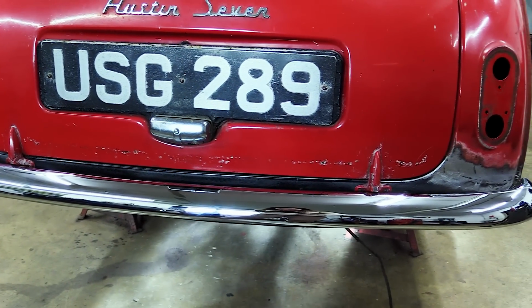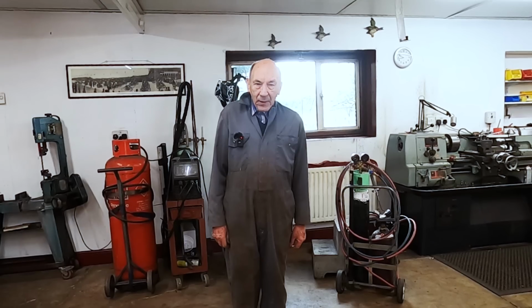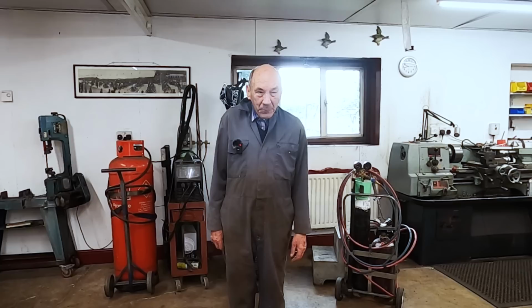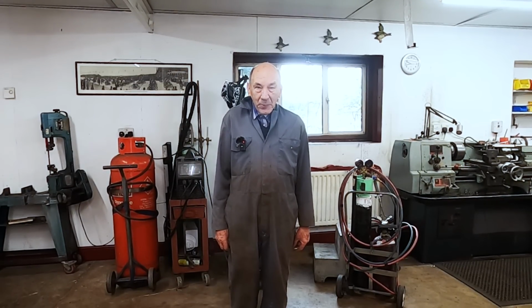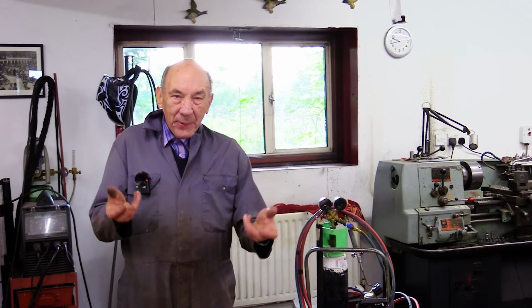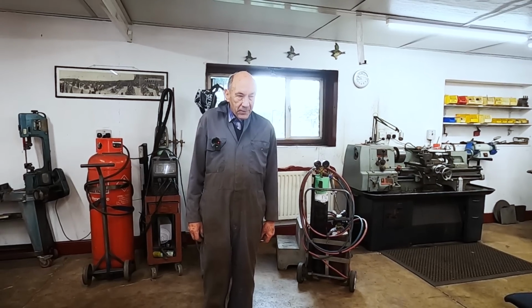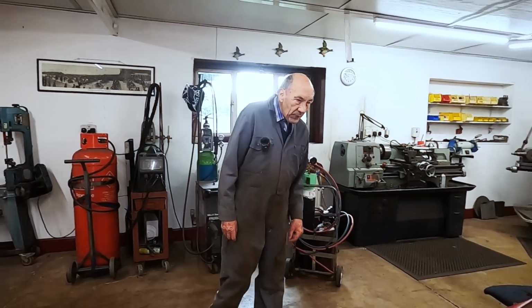So then we start taking little bits out, and then a little bit more out, and then a little bit more out, and as you can see, it's finished up a body shell virtually. In fact, it will be a body shell. We're talking about putting it on our spit so we can revolve it, because we reckon we're going to do a little bit of blasting here and there. And this corner over here,